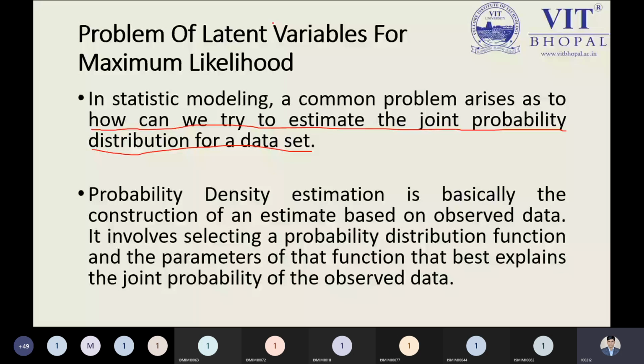So far we have discussed the observed variable and the unobserved variable, and from the unobserved variable we have noted that there are some latent variables. But if you have lots of latent variables, it is not easy to determine that if we choose this latent variable, then we can have a better result.